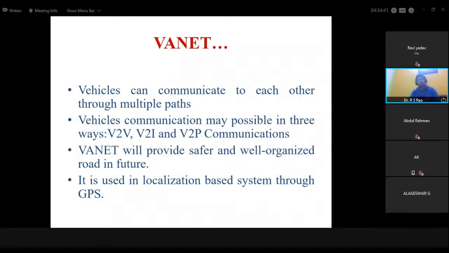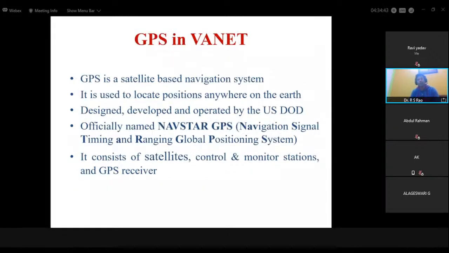Next slide. How can the global positioning system be used in a vehicular ad hoc network? Because we have less time, I'm not going deep here. Whatever concept we need has already been discussed, so I'm skipping this. Global positioning system in vehicular ad hoc network